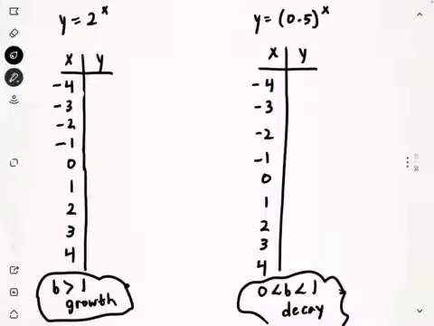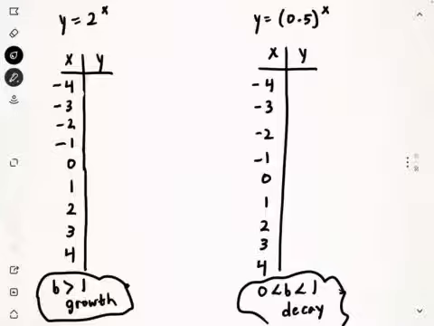Now, why do these graphs look like the way they do? Well, maybe if we get a table of values for each of these, you can kind of see the patterns of numbers here. And again, you can use your calculator at any time to do these. But let's just start off with the one on the left. Okay, if we plug each of these x values into the equation, let's see what our corresponding y values will